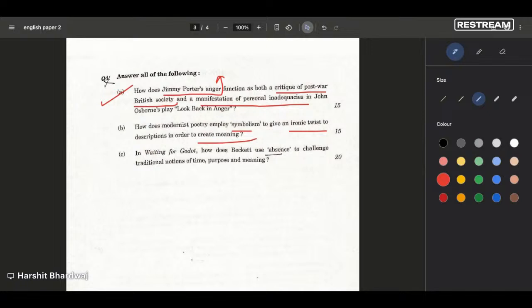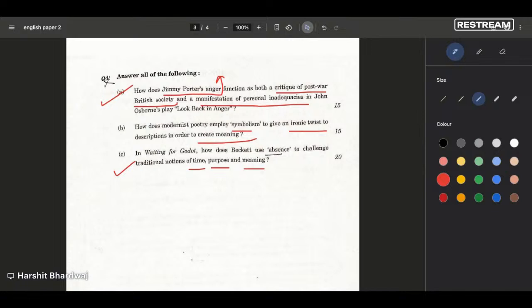So if you understand modernism well, there are a lot of other great poems. You can pick multiple poems and bring them in and do this question. Brilliant question to do. Now, then we move on to Waiting for Godot. How does Beckett use absence to challenge traditional notions of time, purpose, and meaning? So the entire existentialism we just talked about